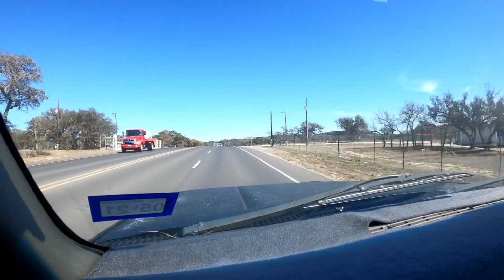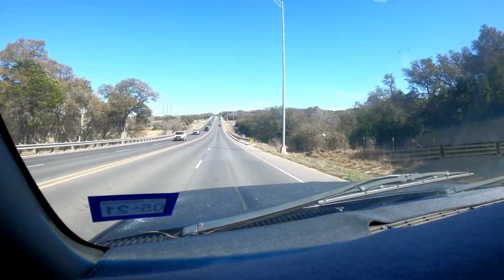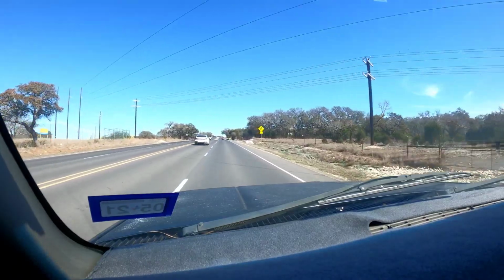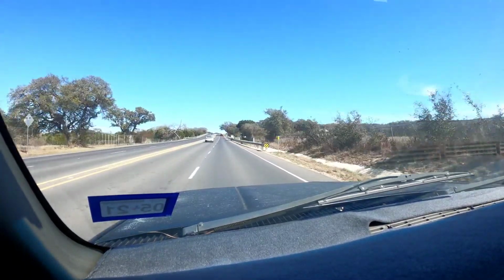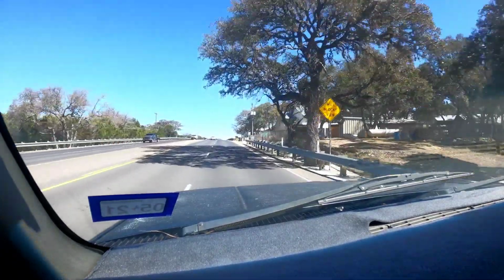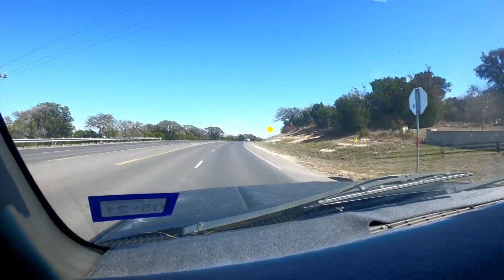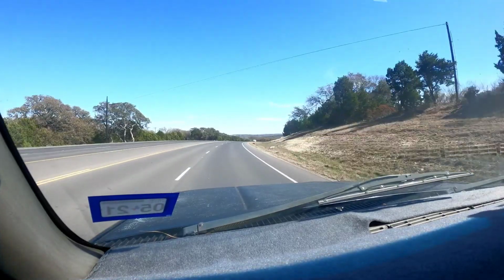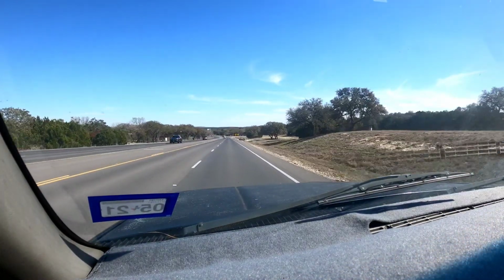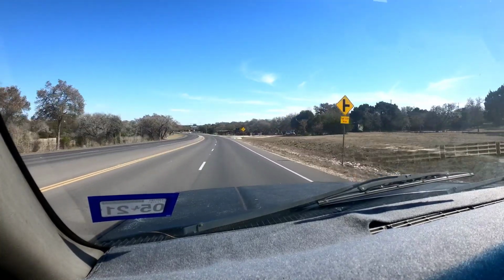But I'm just loaded down with stuff, so I'm kind of loafing along in the slow lane, if you will. So enjoy the drive here for a few minutes. I'll leave the camera on for a minute so you guys can watch and see what this looks like. There's a huge house up on the hill over there on the right, so a lot of people take advantage